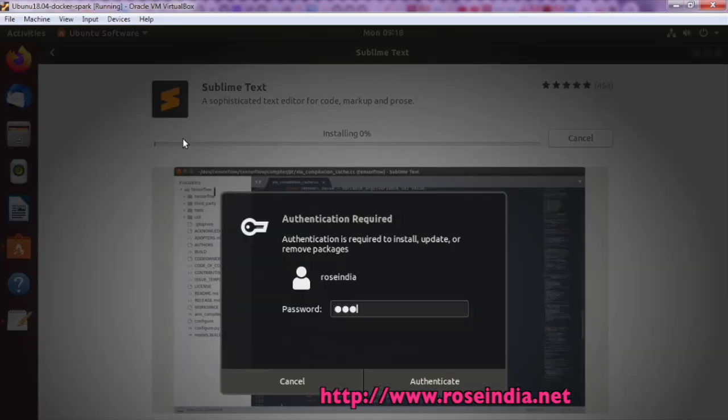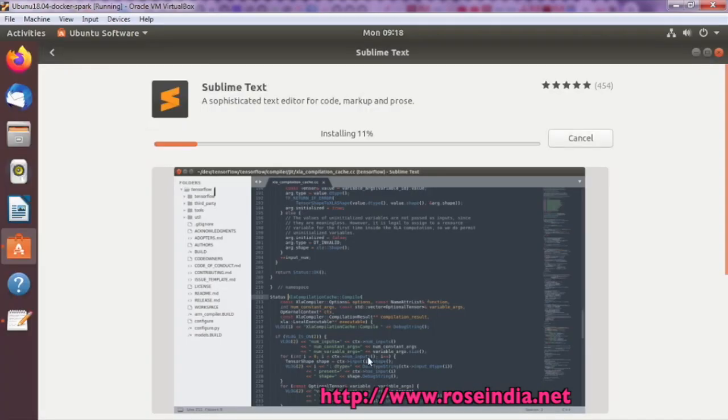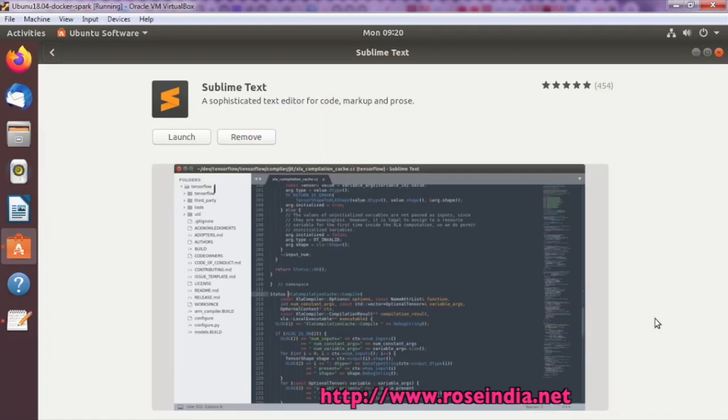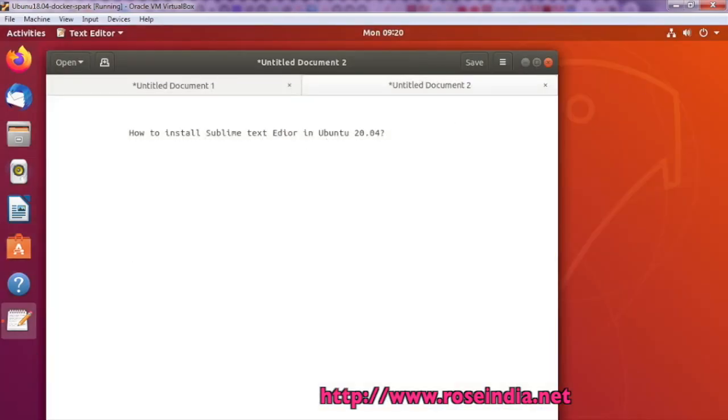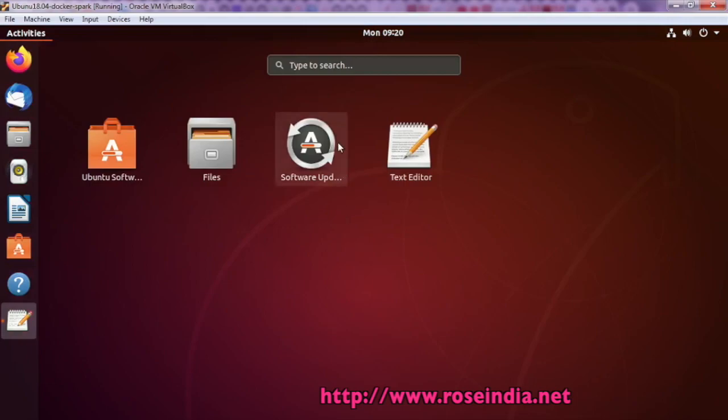Now enter the password, then click on authenticate. Now the installer is installing Sublime Text Editor on your operating system. Wait for the installer to complete the installation. So installation is completed. You can click here to launch, or you can go to the Show Application and then